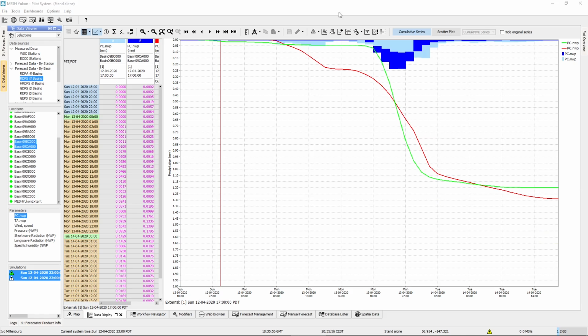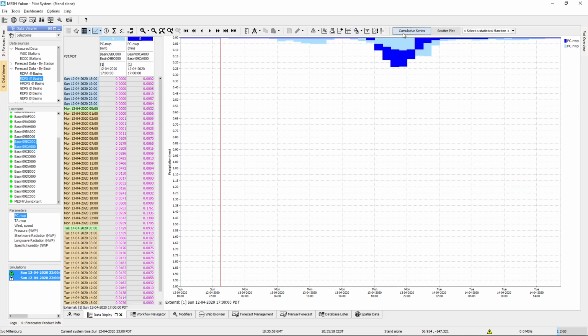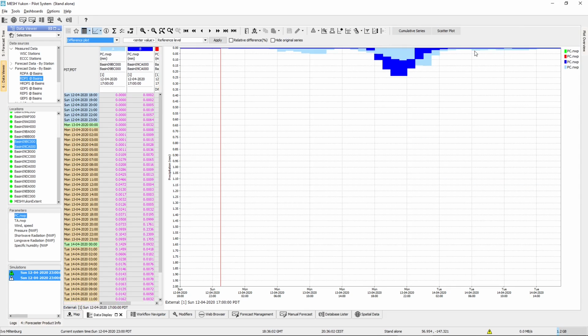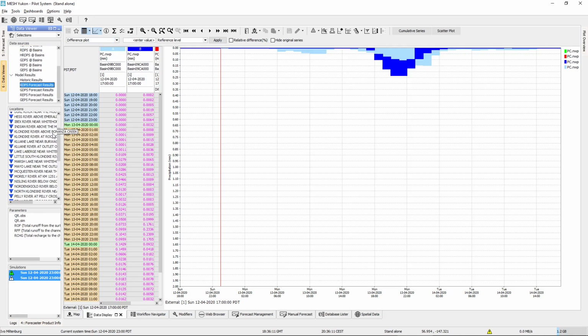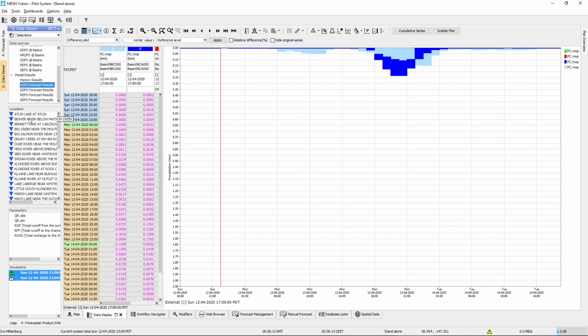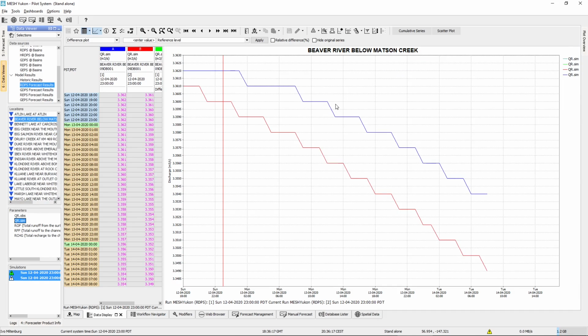There's also a new statistical function that I want to draw your attention to, and this is under the difference plot function. Let us quickly go to some forecast flow results. Let me go here and let me select this location and the simulated flow. And what you currently see is me having selected